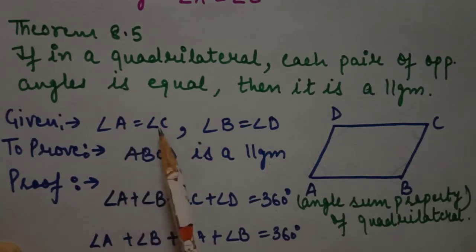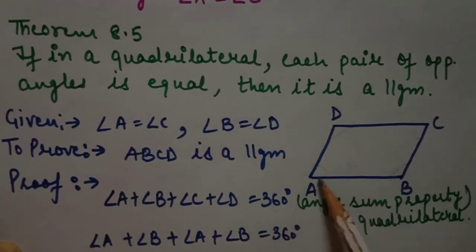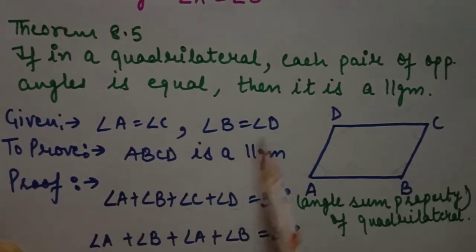We know that angle A is equal to C and B is equal to D. For proving a parallelogram, I am trying to prove that the sum of two adjacent angles is 180 degrees. So I already decided that I have to take angle A plus angle B. So we have to remove angle C and D from here. Angle C is equal to angle A, replace it. Angle D is equal to angle B, replace it also. So A plus B plus C plus D is equal to 360 degrees. A as it is, B as it is, angle C is replaced by angle A, angle D is replaced by angle B. So double of angle A plus double of angle B is equal to 360 degrees.